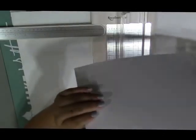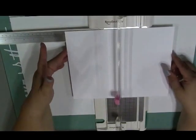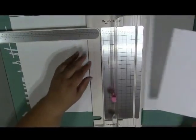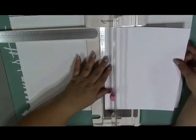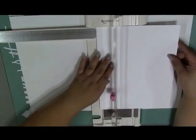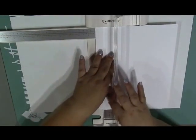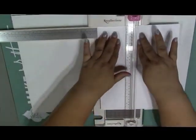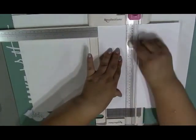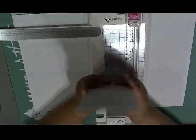So I'm going to take another sheet of cardstock, the heavy 110 pound. In this case, here was what I did before, was put the 11 side up. I'm not going to do that. I'm going to put the 8.5 side up, which means that I want to cut at, excuse me, 4 1/4. So we're going to line that up and get my scoring tool out the way and make sure that it's tied up against the top, and I'm going to cut it. Okay, so now I have two pieces again that are identical,